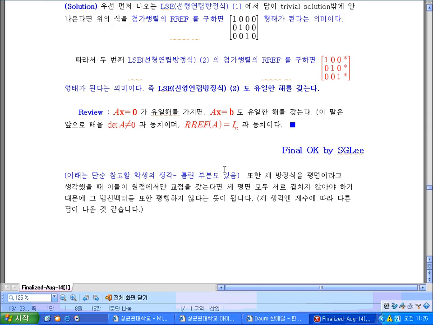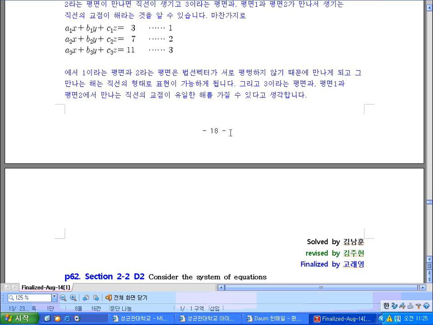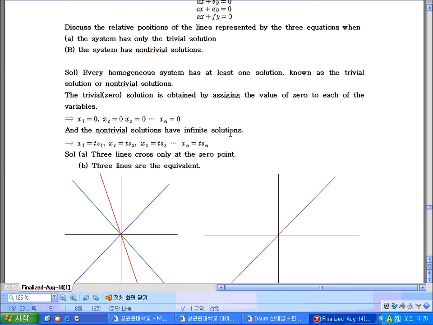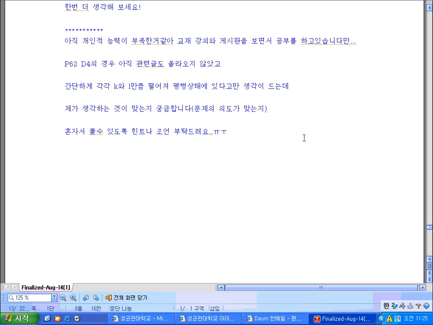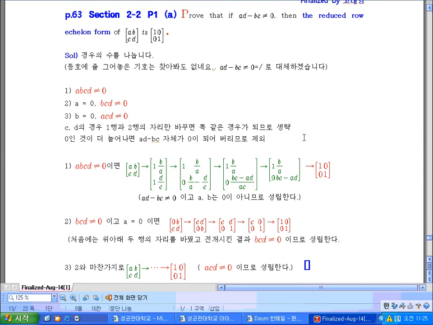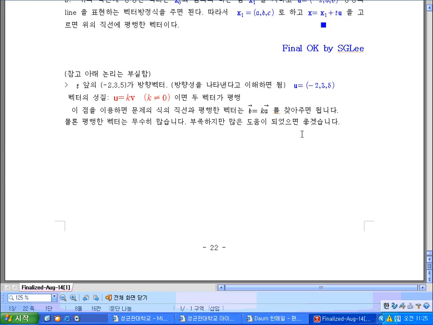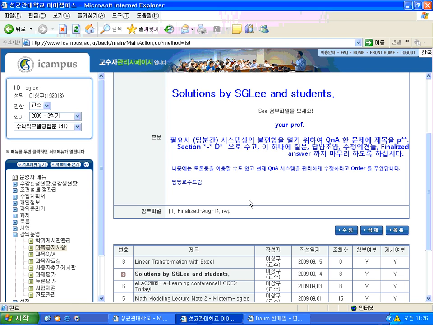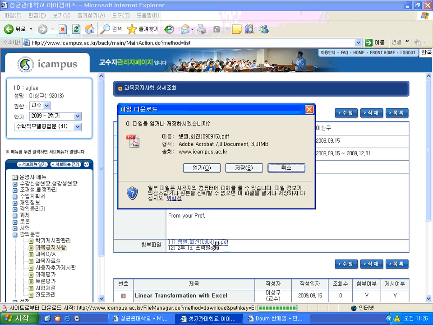And even for the very simple problem, still there are many things to think about. So you must know all this, but I want to make sure you understand all those. And also, I have uploaded